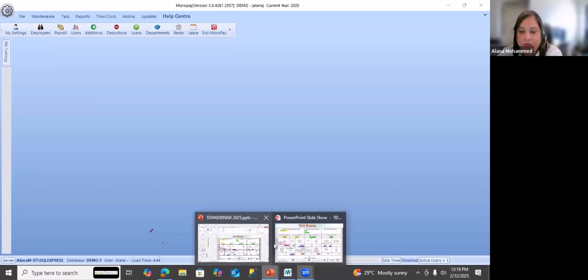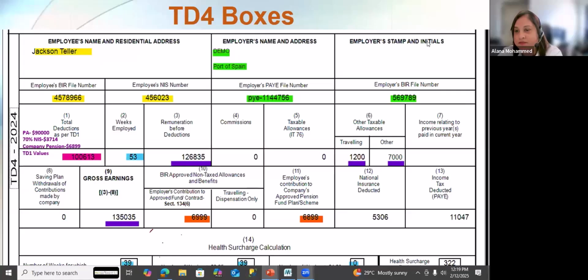All right. Wonderful. Let's go back into this. Okay, so we've covered the yellow and the green section. We now go into the pink section, and he has a section all by himself. This is a section, again, that a lot of people have a question mark in their head because they see the word deductions and they get worried about what all our deductions there are. So your total deductions as per TD1